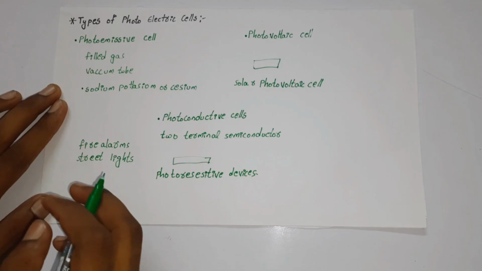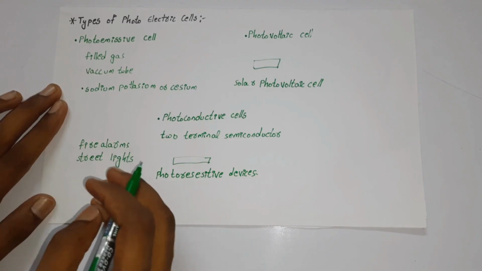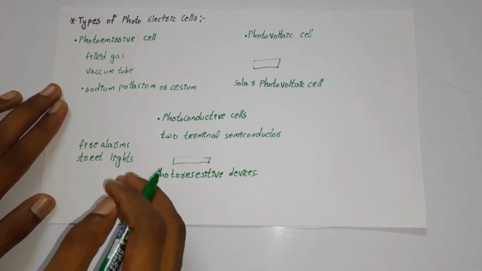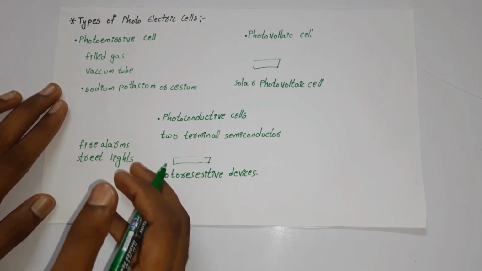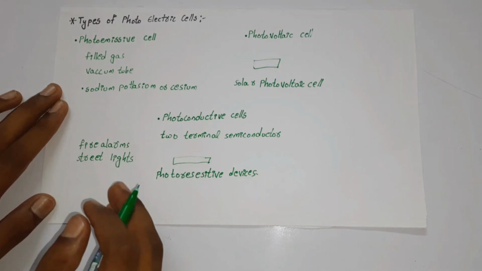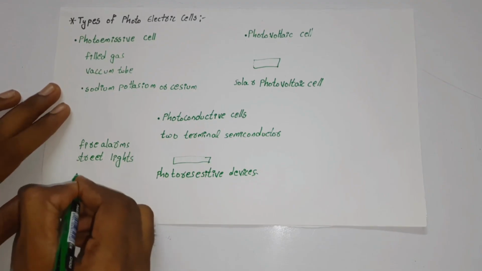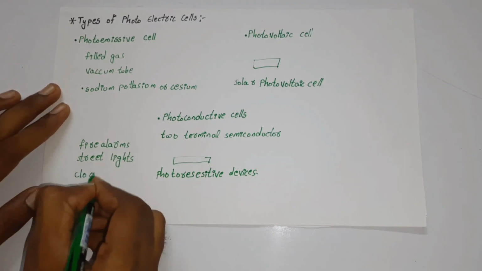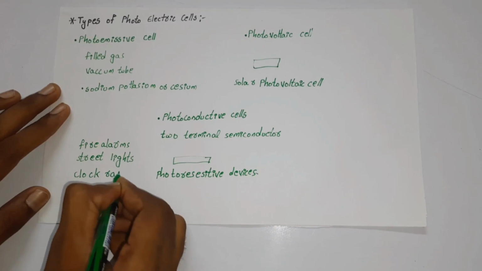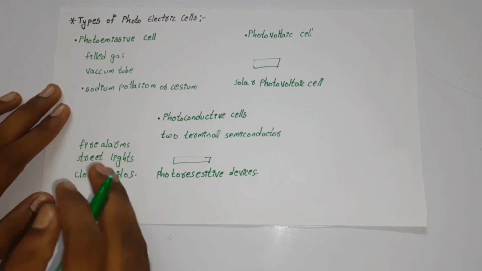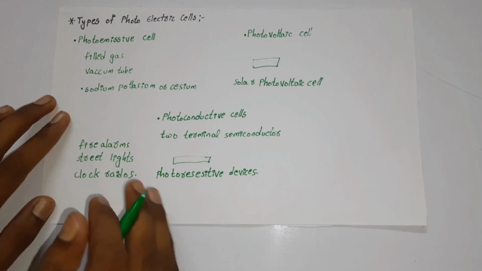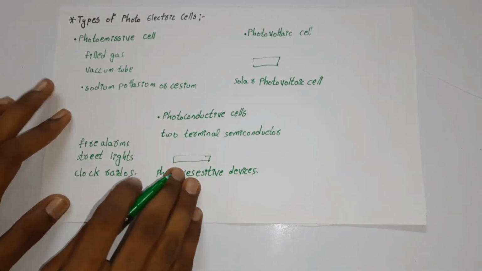So that is how, when the light ray is exhausted, that is, when the evening occurs, the street lights will be automatically on because of these photoconductive cells. And it can also be used in clock radios. By this we can say that the photoconductive cell features a lens. So all these features happen because of a lens.